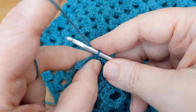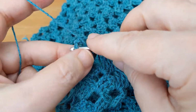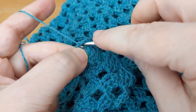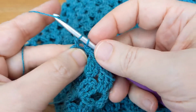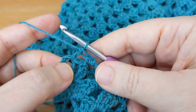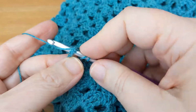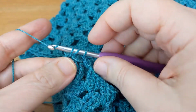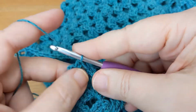So how we do that is we're going to yarn over one time. We're going to insert our hook into that space. We're going to pull up a loop. We're going to pull through 2 loops. And we're going to pull through the other 2 loops. That is a double crochet. Yarn over, pull through, pull up a loop, go through 2 loops, pull through 2. That's 2,